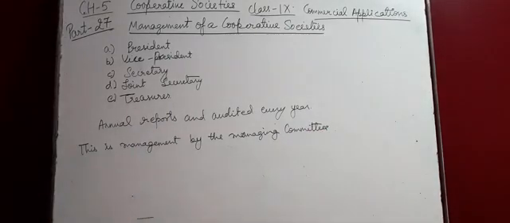Okay, so I taught you the formation, how we form the cooperative society through the application. The application should contain the following information: the name and address of the society, aims and objectives, names, addresses and occupations of the members, division of share capital, method of admission of new members, and 2 copies of the bylaws, that is, rules and regulations. So this is all about the formation of a cooperative society, and after that how we manage the cooperative society. Okay, so that's all for today.